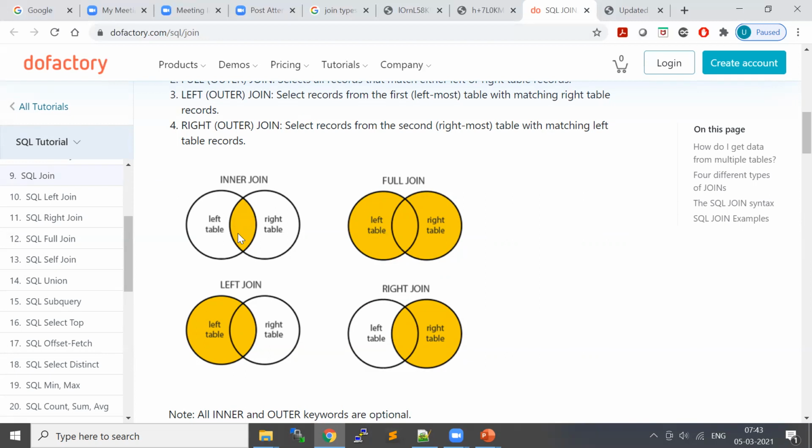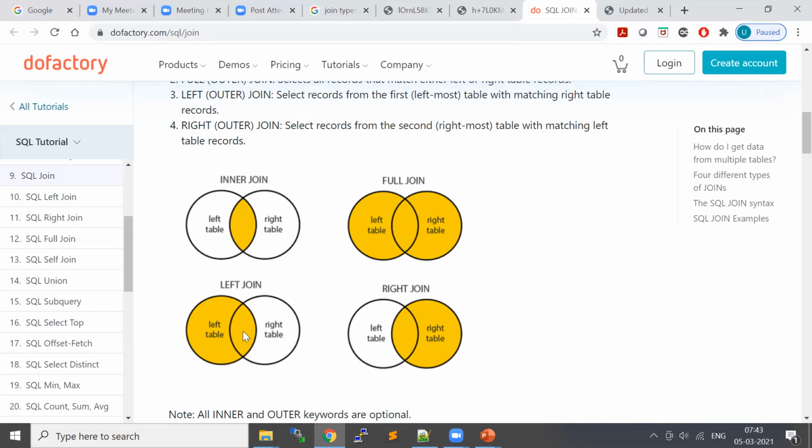So when you say common, in the Venn diagram, the area where both overlap is going to return the result. In simple terminology, whatever rows are matching based on your join condition are returned in an inner join.